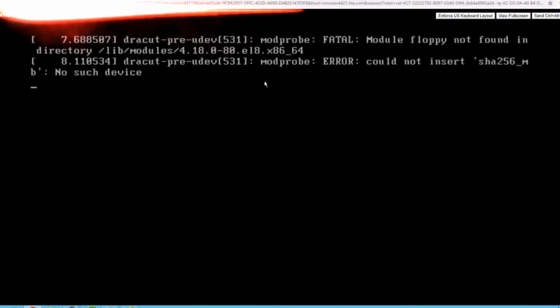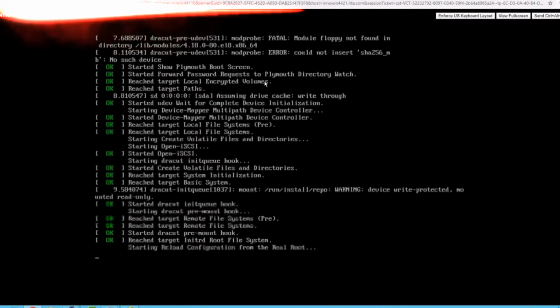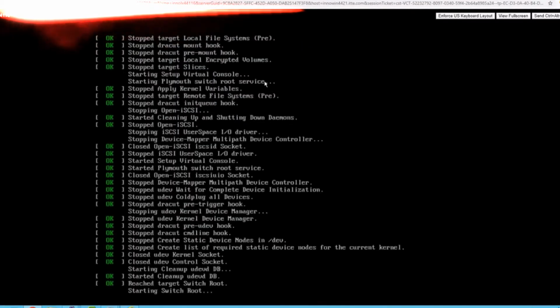Now it's booting from DVD. You have to choose how you boot, maybe on your system, in vCenter, ESXi, or Oracle VirtualBox. So this is the starting procedure. It is scanning all the devices of your system.